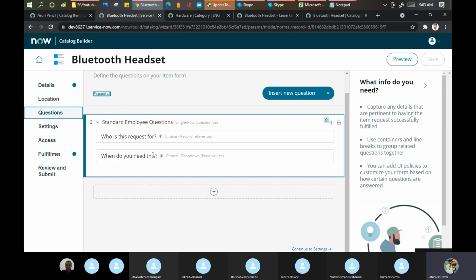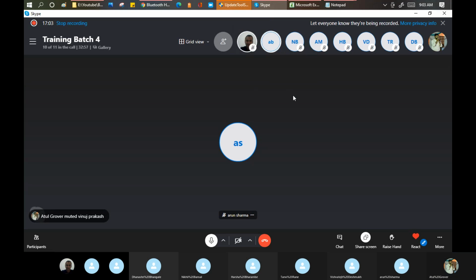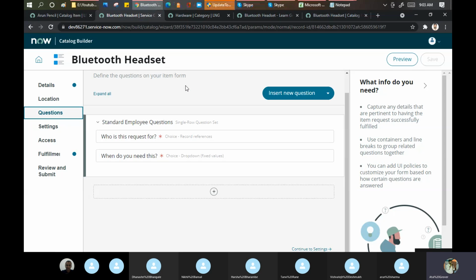See, these 3 questions, they already set for me. So I need to use this. I see it is locked for me. I cannot unlock it. I cannot see it. "You don't have permission to delete this." So that is the drawback of using the template here. But if you see from the other perspective as well, the template's purpose is this only, that a user needs to fill in less information. So you can give that in the template.